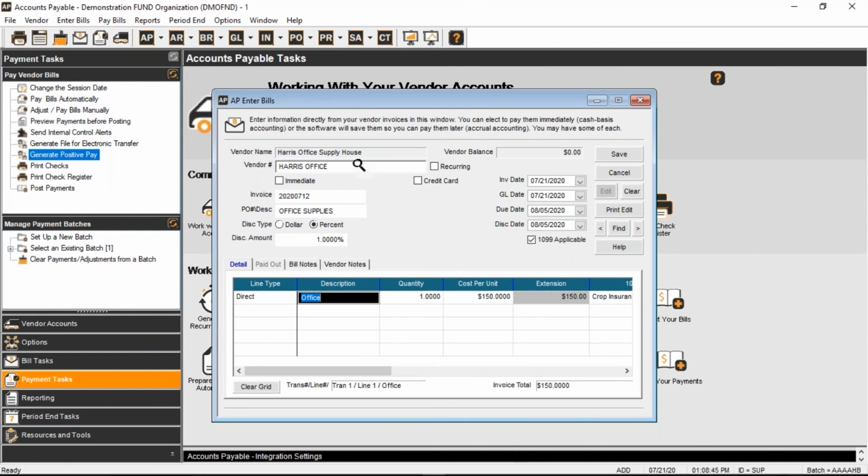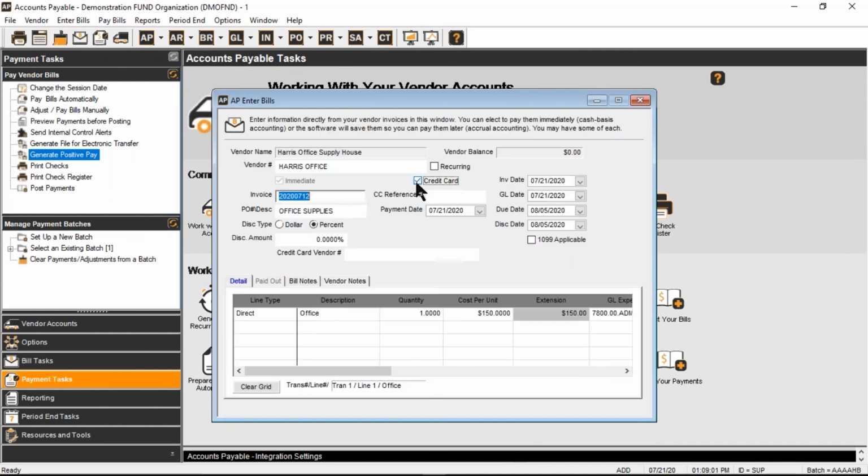But what if I was actually at the office supply store and I used the American Express card to pay this? So what I would do in that case, if the vendor has terms of an early payment discount and 1099 applicable, we'll turn those off for the moment. So I'll enter this in as a credit card transaction. Same information, but now I need a credit card reference number. You can use the same as the invoice number that you use for the vendor, but I always recommend putting in an abbreviated name for the vendor first before that reference number,